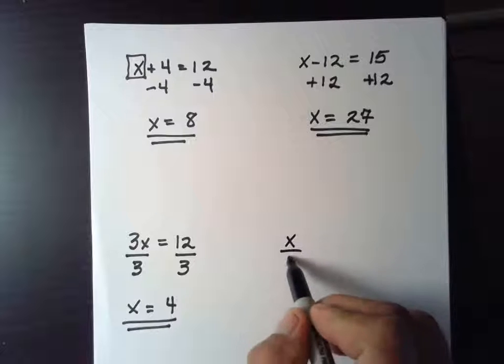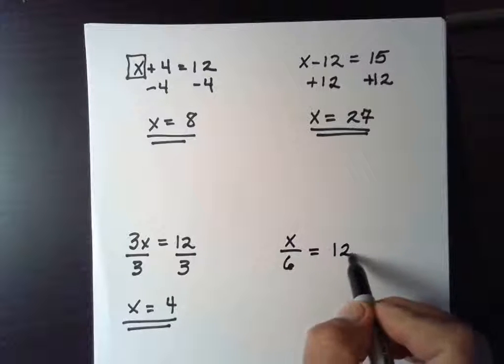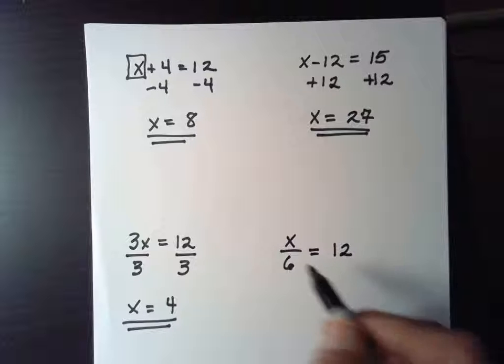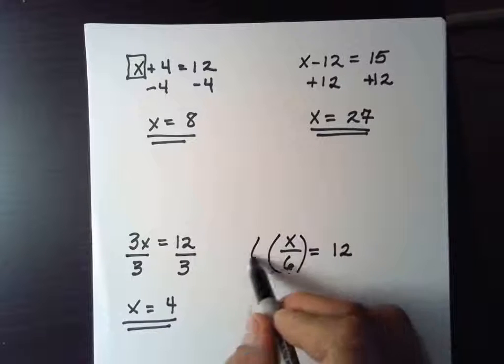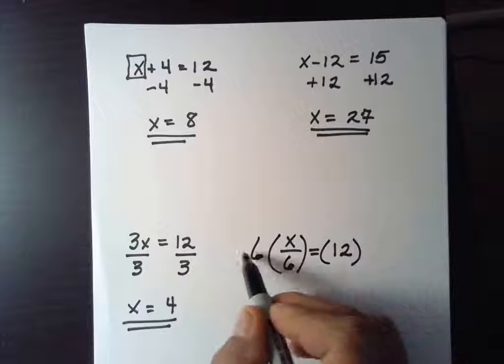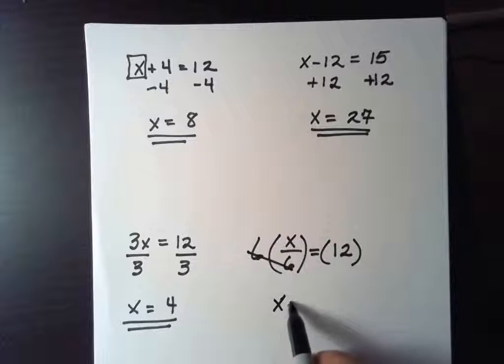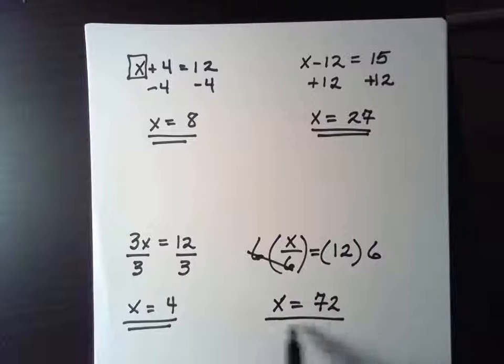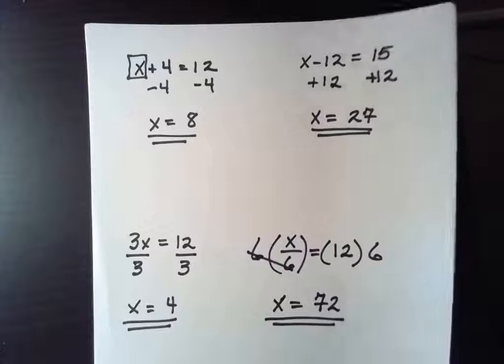x divided by 6 is equal to 12. Student goes, okay, well, the opposite of division is multiplication, so I'm going to multiply both sides by 6. And that gives me x is equal to 72. So at this point in pre-algebra, the student's going, I got this down, no problem. And then the teacher goes, well,